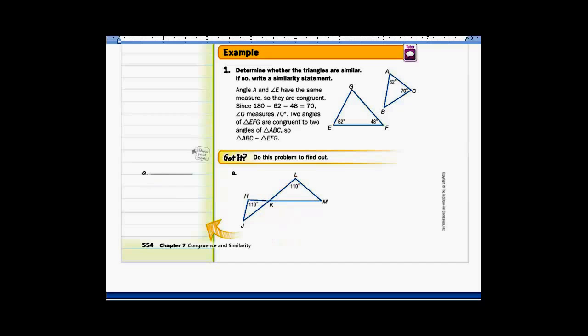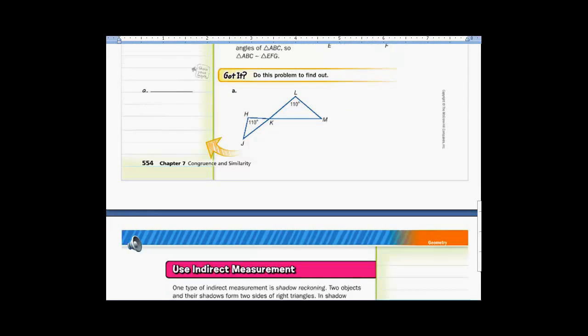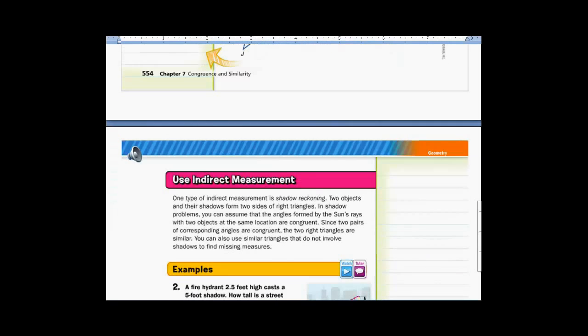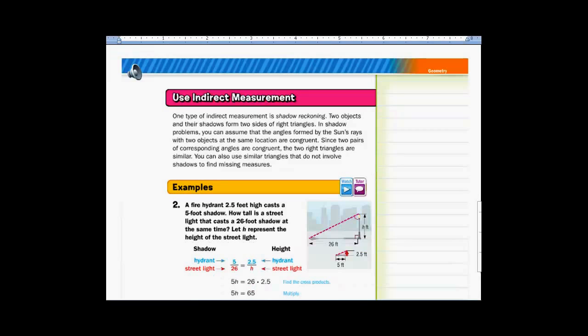Moving on. Now, so what? What do you do with that? Well, you can use similar triangles to solve problems. And there is always one like this on ISAT usually. Study Island, if you remember, this would be like the man in the tree. Anything that talks about shadows. So one type of indirect measurement, it says, is called shadow reckoning, which basically says that two objects and their shadows form two sides of right triangles. So if you think about, you're standing,